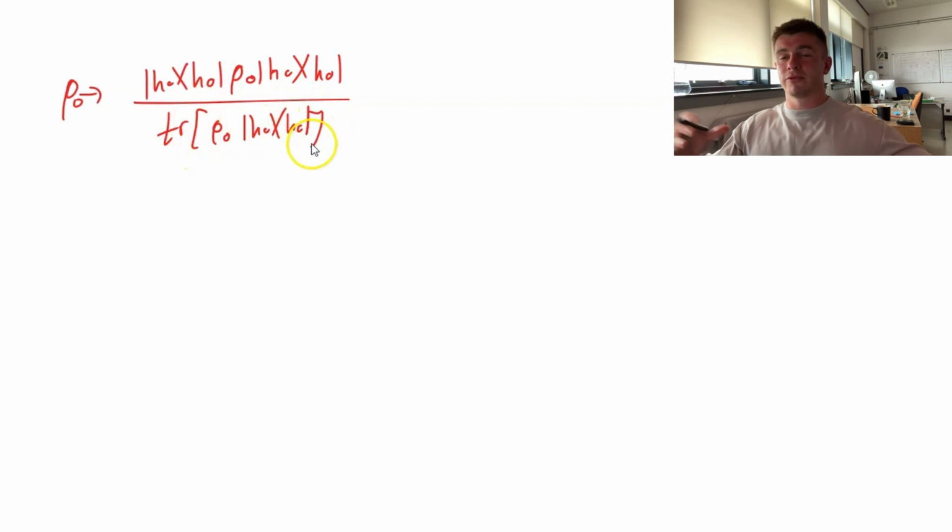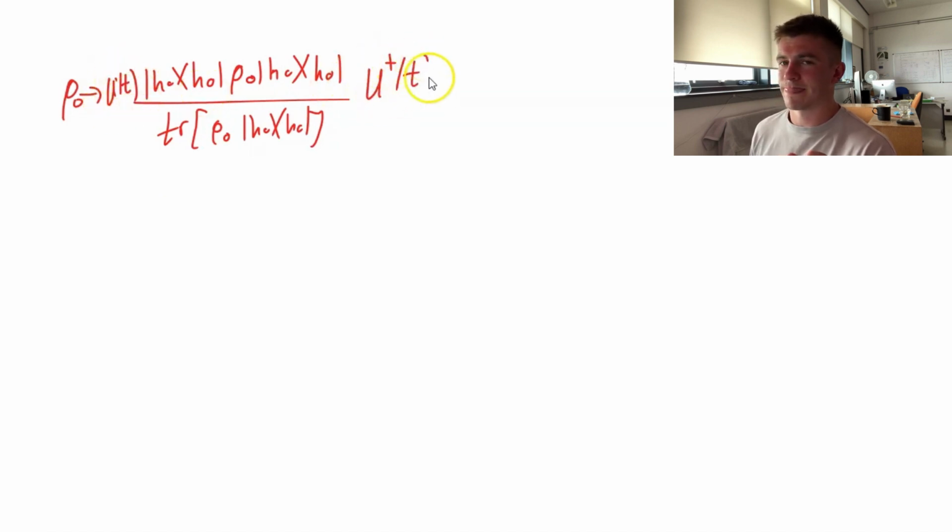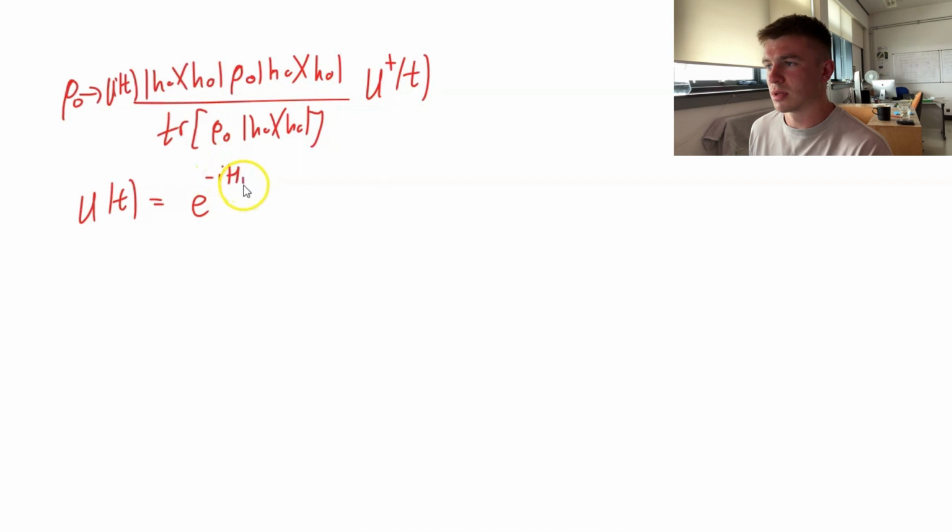So we performed our first measurement and now we wait a time tau, and then we're going to perform our second measurement. So we need to figure out what the state is after time tau. It's simply going to be, let's put a unitary here and the dagger here. And what is this unitary? Well, since the entire system is closed, it's simply the exponentiated Hamiltonian with time. Nice. So this is the state of the system